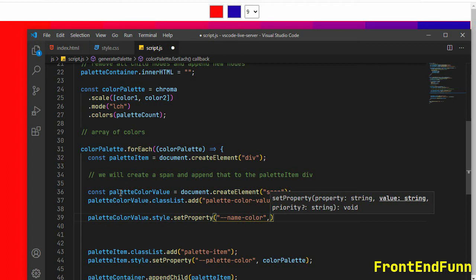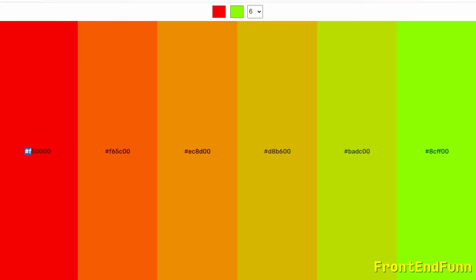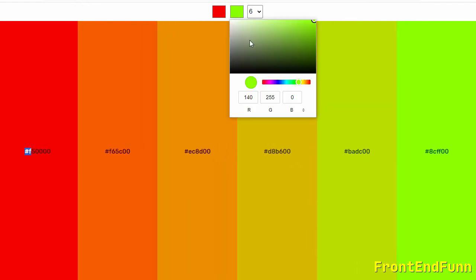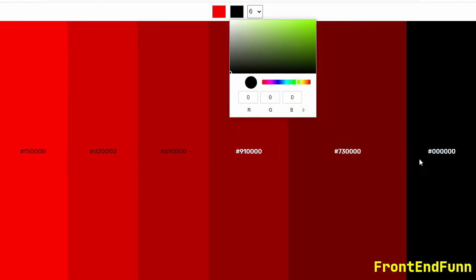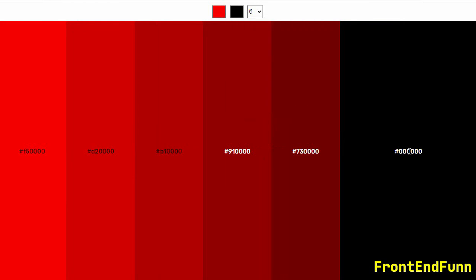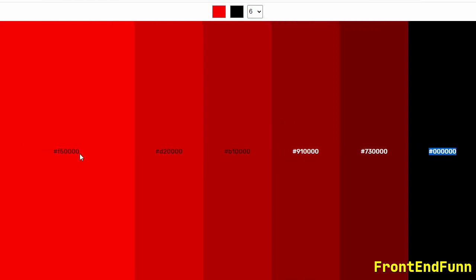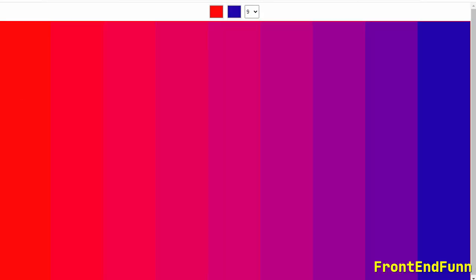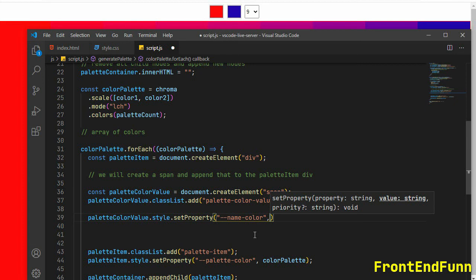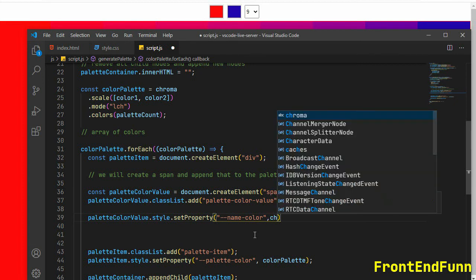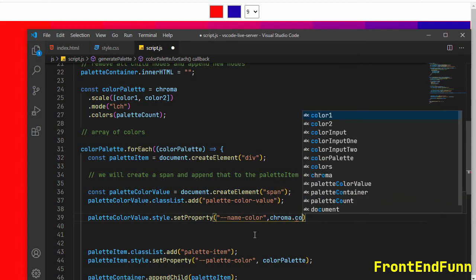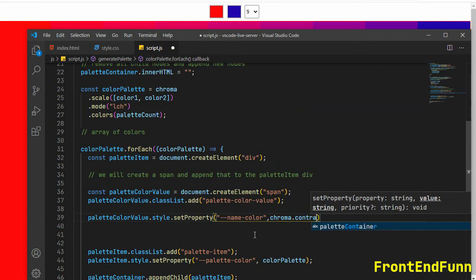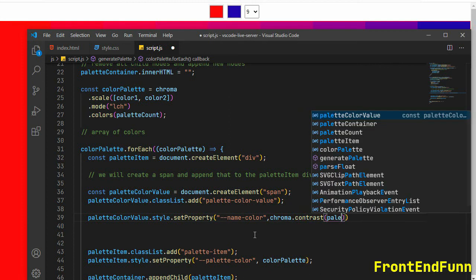Okay, so if you see the final output, if I select all the way black, the black dark color palette will be having a light text here, and the lighter one will be having a dark color text. So to generate this, we'll make use of chroma function. Chroma dot contrast. Here we need to specify the colors.